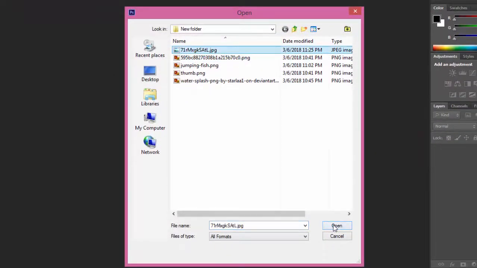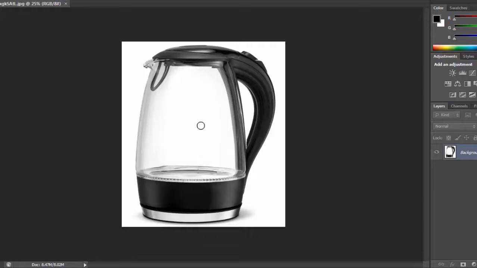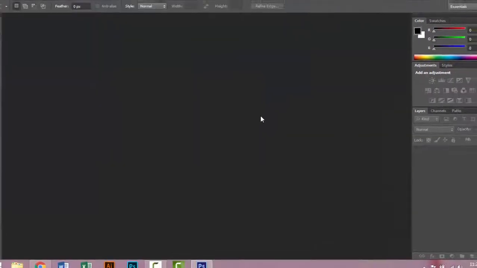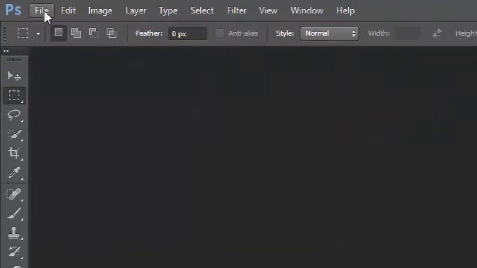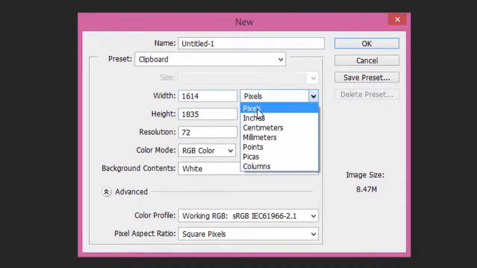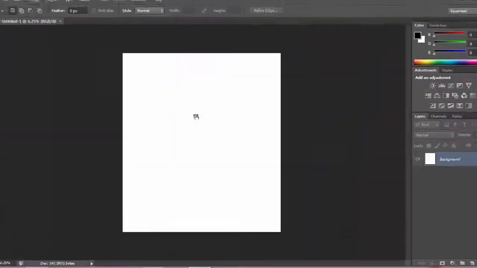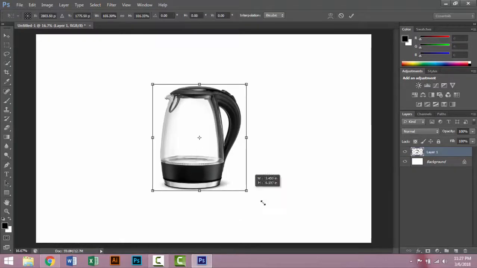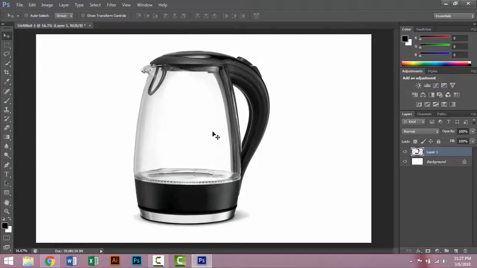Open. I work on this image, cut the image and create a new document, document size resolution 300, and paste. I work on this image and now I place on this image some pictures, that means some fish and water